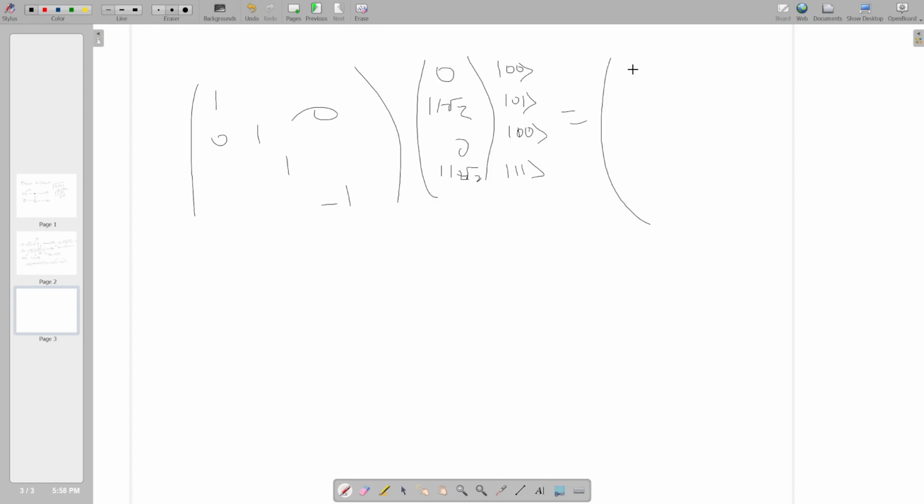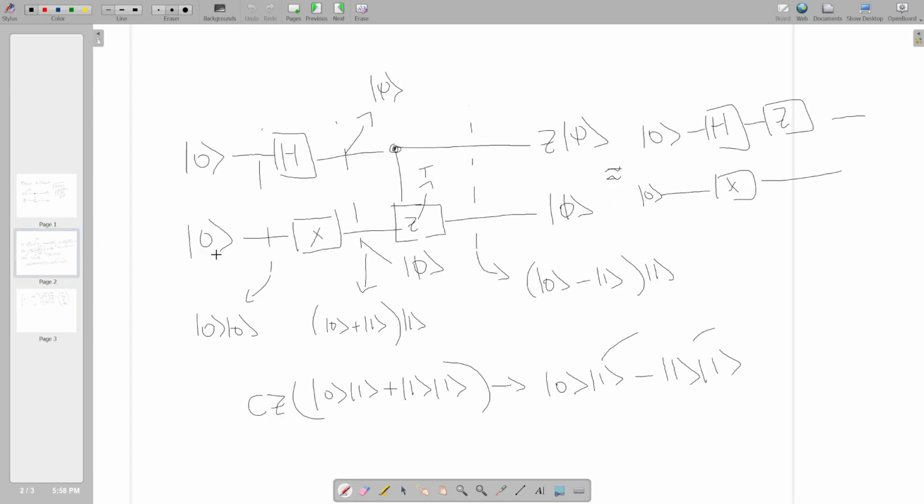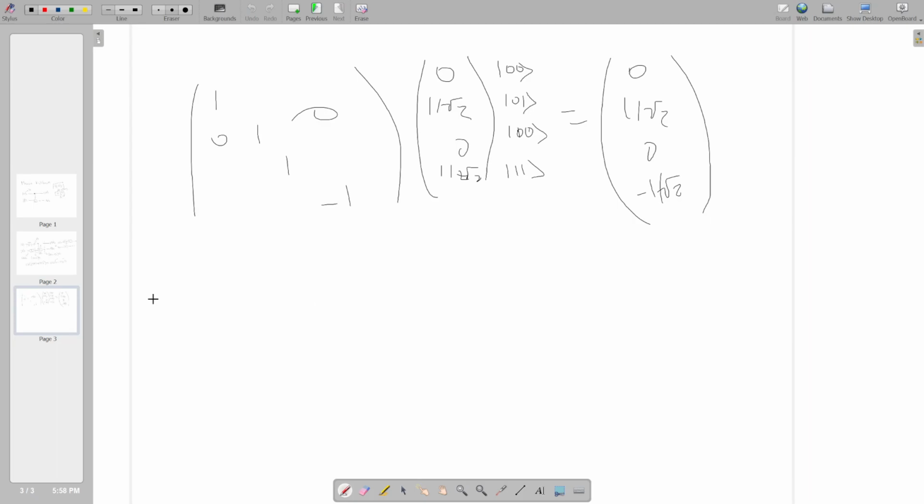And so this clearly is 0, 1 over square root of 2, 0, negative 1 over square root of 2. So for those of you who wanted the matrix of this done out. So now we can see this is possible for any unitary matrix,